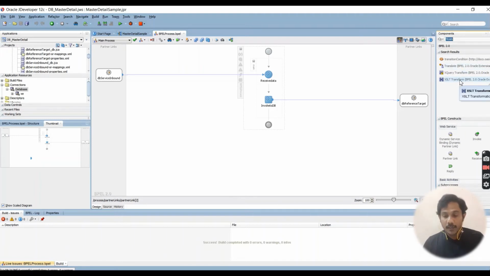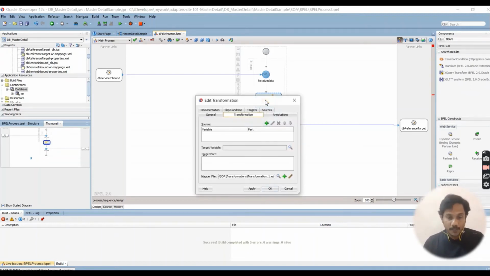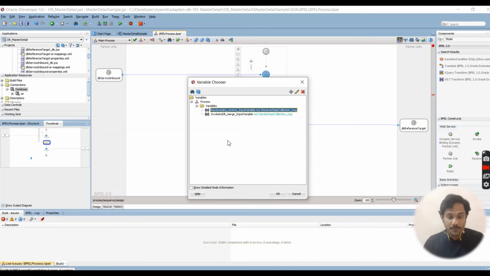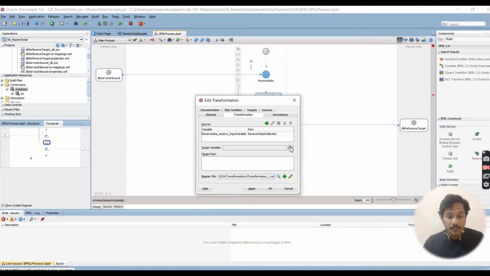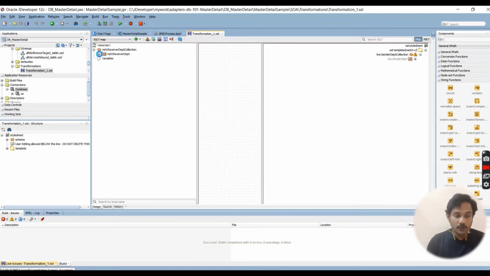Now we are going to use the transform activity. I am going to drag and drop the XSLT transformation. Double click, select the source variable. Our source variable is the receive data input variable. Click OK. Simultaneously you can select the target variable. Apply, OK. Now we are going to transform the data from source to target table.